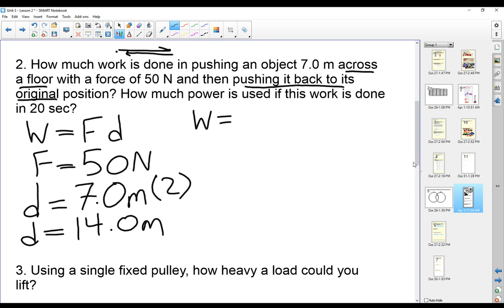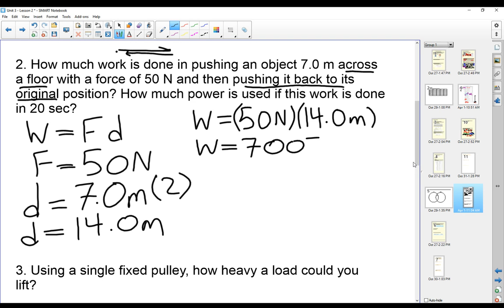Work equals 50 newtons times 14 meters. We know that 50 times 2 is 100, and 100 times 7 is 700, so our work is